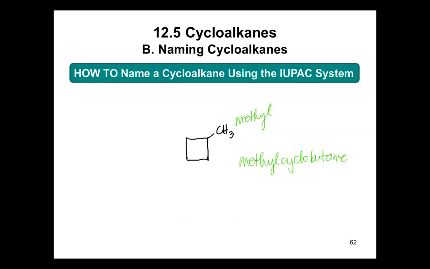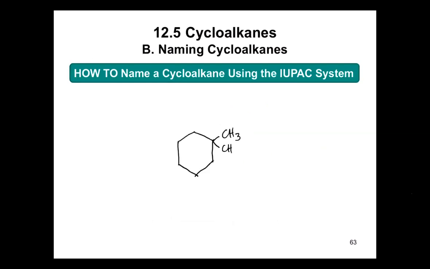Baka may question so far. Next example, ito, CH3 po ito. Okay? Itong example na yan, CH3, dalawa yung substituent niya in this case. But they are located on the same carbon. So, dahil dalawa yung substituent, you still have to assign the number. Okay, so ito yung number 1. Yan yung substituent. So, ang naming niyan would be 1,1-dimethyl cyclohexane. Okay po. Baka may question.